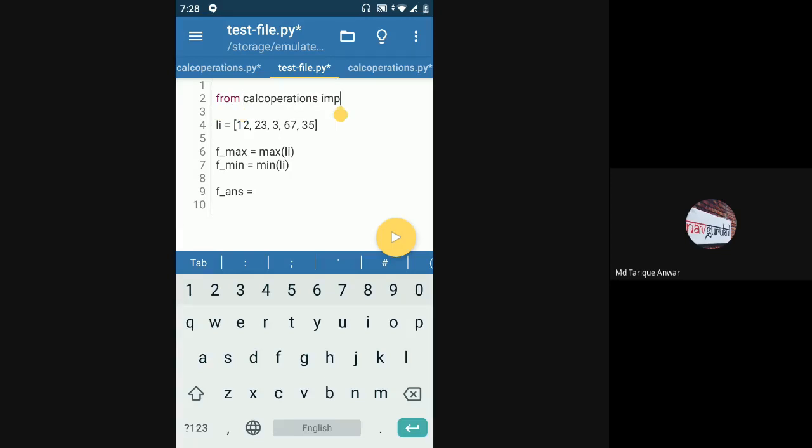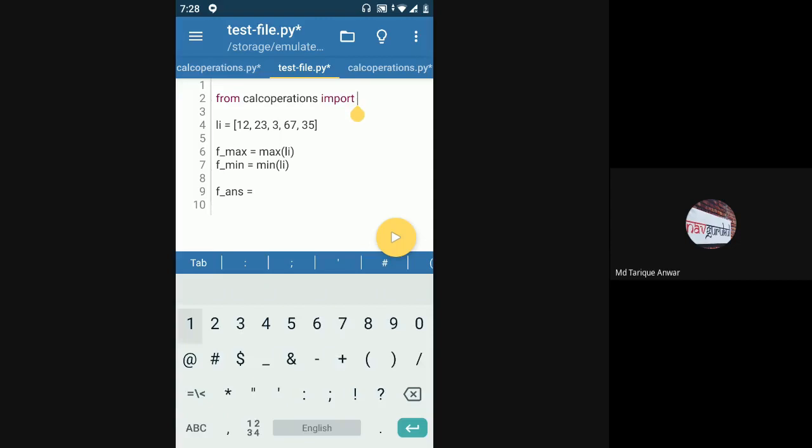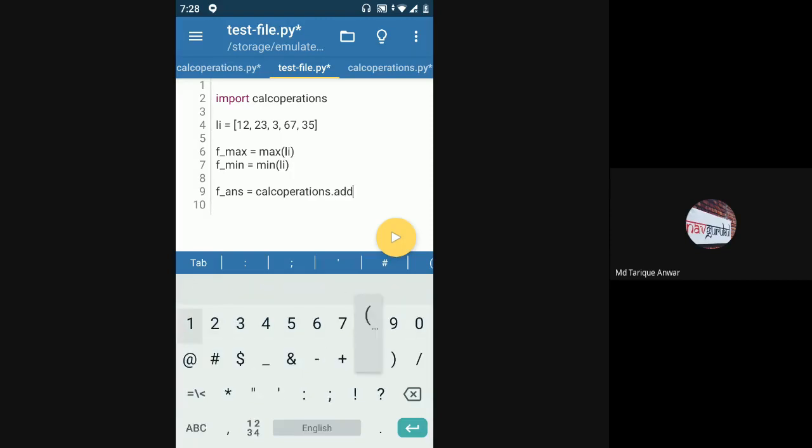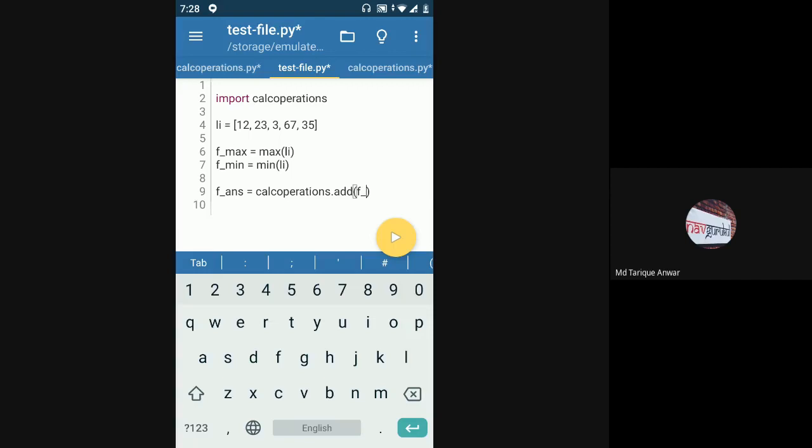So I don't have to write calc operations everywhere. Understand the difference. If I directly write import calc operations, then every time I want to call any function of calc operations, I have to specify calc operations.add and then say f max, f min.